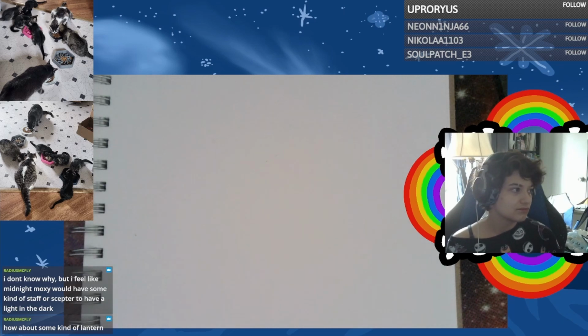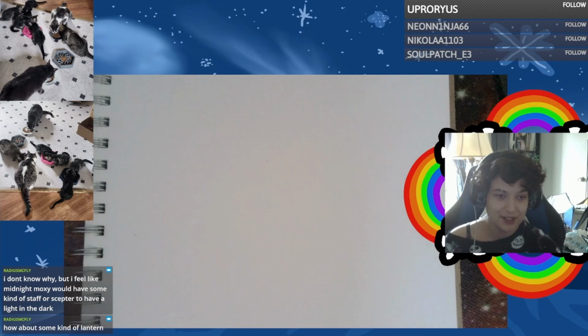Okay, what if it's a lantern, but instead of moonlight or anything coming out of it, it's kind of like spooky night cloud smoke stuff, like Halloweeny wisps. I kind of like that